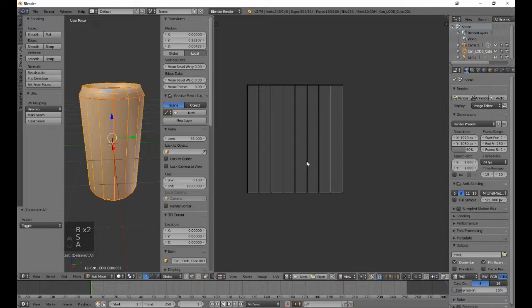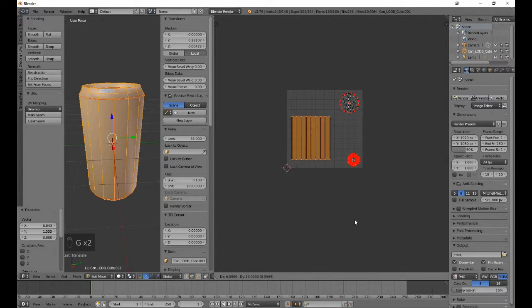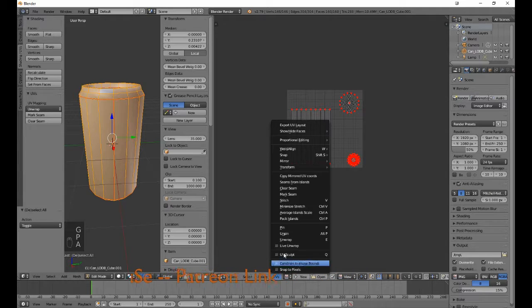That's done. Select it all, move it up, and we're going to scale it like we did before, just up on the Y a little bit, and pin it. Now go to UVs, export UV layout,